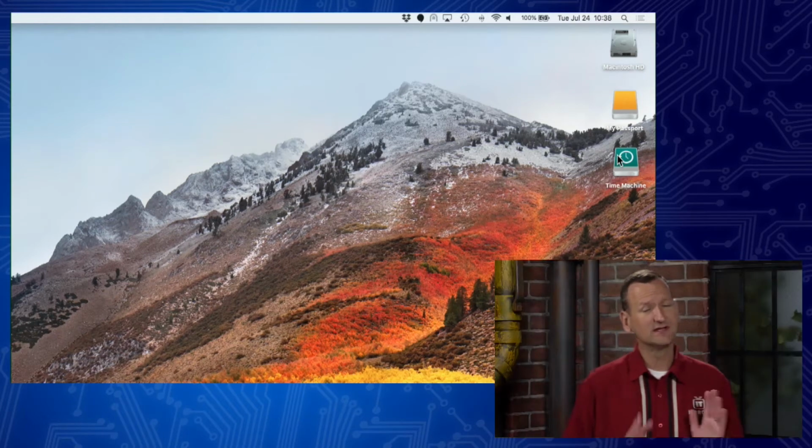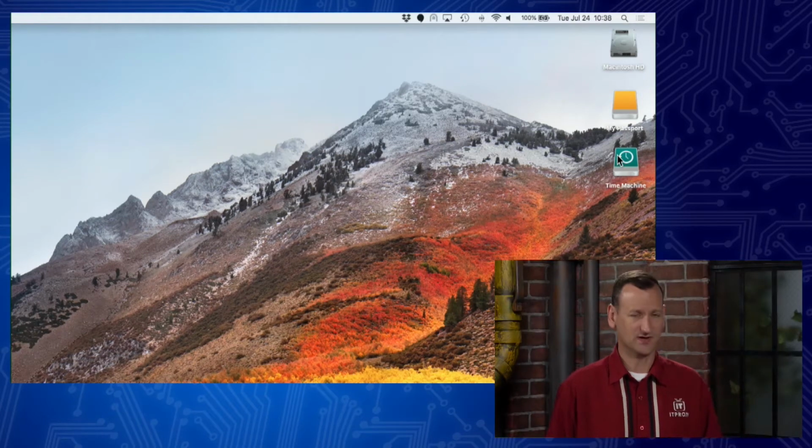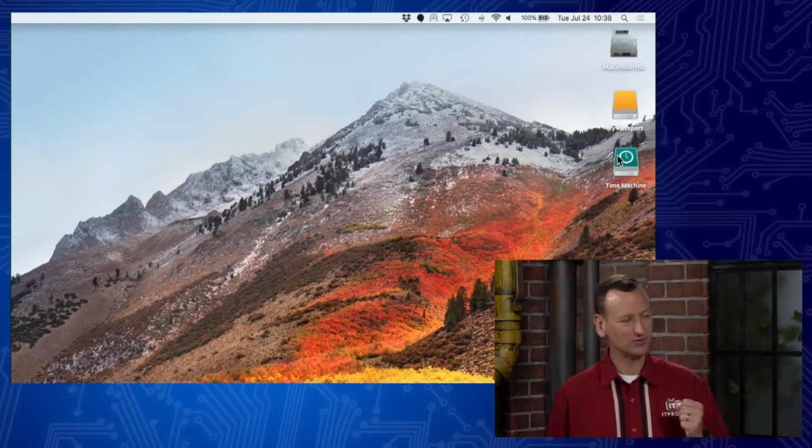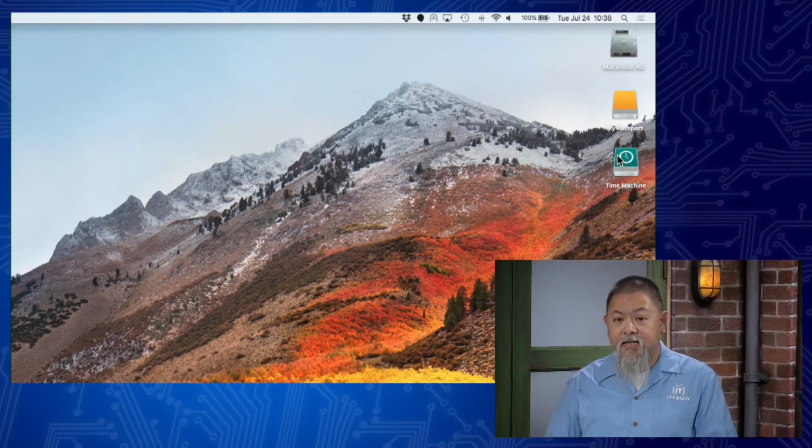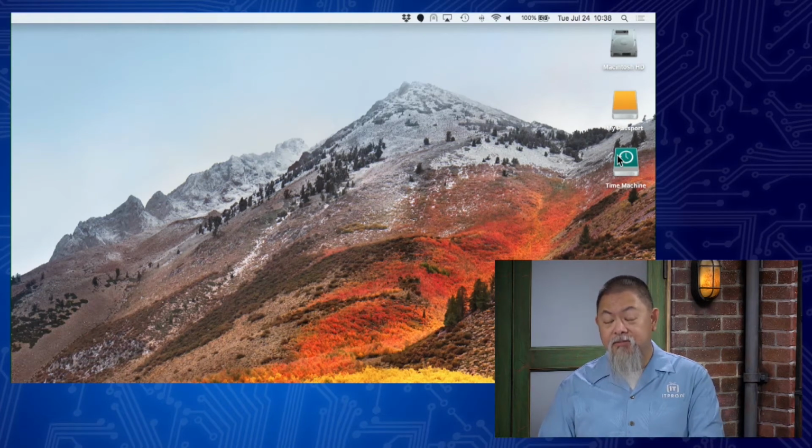Now, we do need to be a little bit more careful with storage than other devices, right? If it's a mouse or a keyboard or a camera like we did in the last episode, we can just unplug those and it's no big deal. But if I just reach over and unplug that hard drive, I could potentially lose some data, couldn't I? You can, because inside at least this drive right here, it's got spinning disks in it. If I'm in the middle of writing information to that disk and I simply yank the power out, whatever it didn't get right, it now loses. And so you end up potentially losing data in that way.